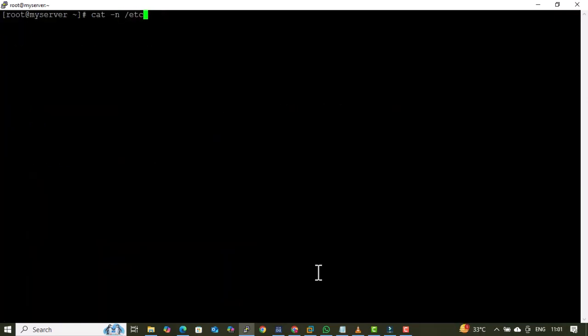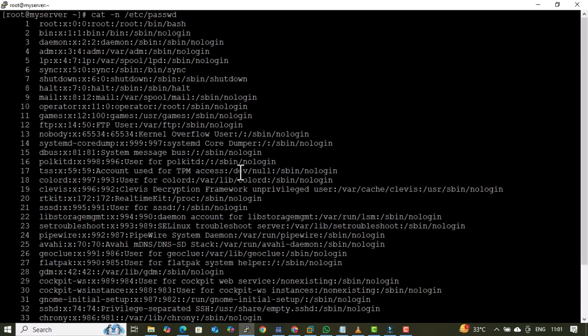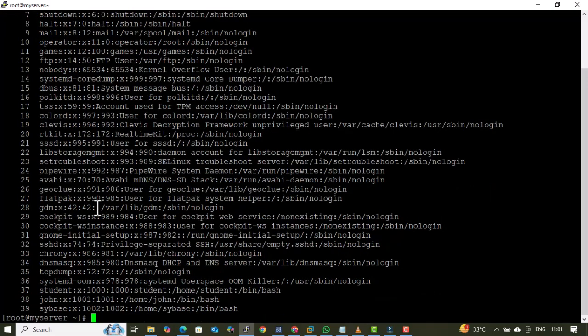First of all, let's check how many lines the passwd file has. So it has 39 lines, starting from 1, and we are looking to achieve the output where we want line number 1, line numbers 11 to 15, then line numbers 31 to 35, and then we are looking for the last 5 lines as output.